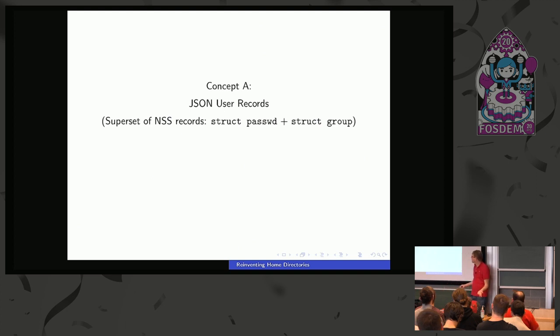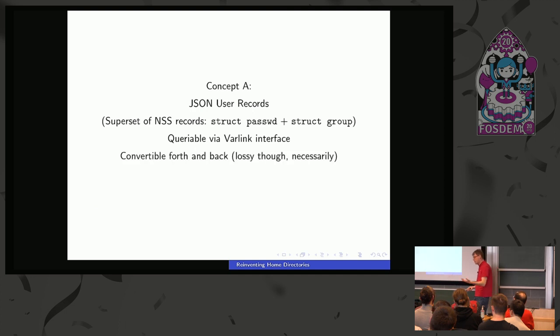It's a superset of NSS records, so it's struct passwd and struct group, and actually all the shadow ones, and extensible. There's a varlink interface. Varlink is some IPC system to query this, and it's extremely dumb and simple. And the idea basically is that any component that wants to provide a local user can just implement that varlink interface once, and then clients can just ask them all at the same time, and I'll query those